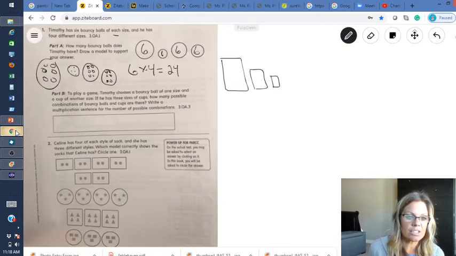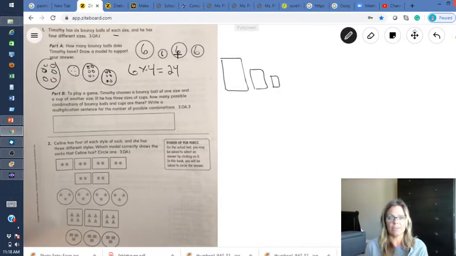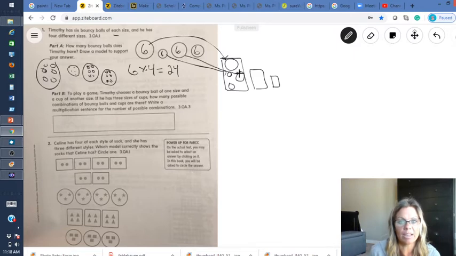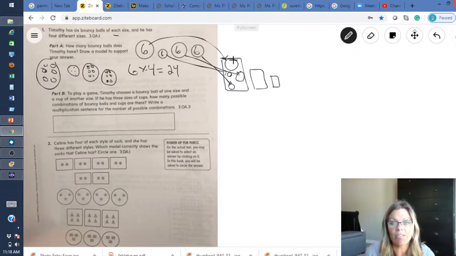Okay, so let's go back to this section right here. So they're saying if I have this size cup, I could have this cup with a big ball, or this cup with a littler ball, or this cup with a medium sized ball, or this ball. So for this cup, I could have 1, 2, 3, 4 different combinations of this cup with 4 different